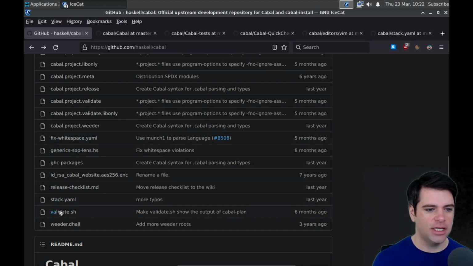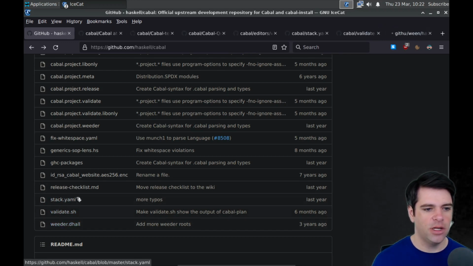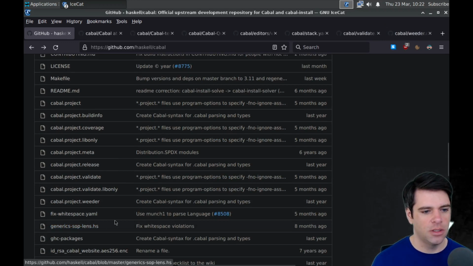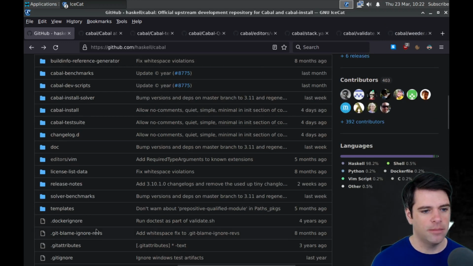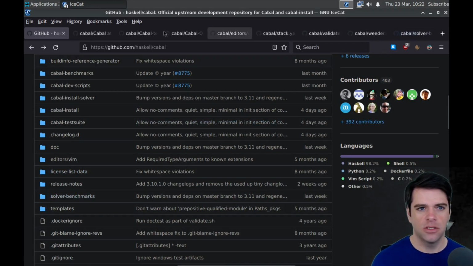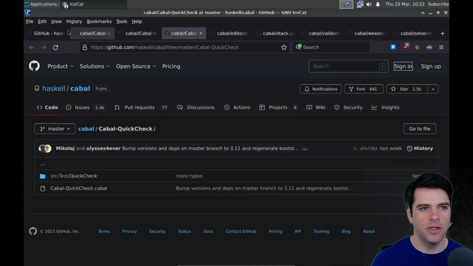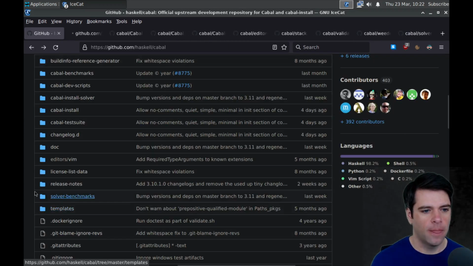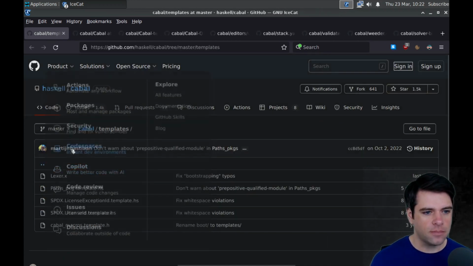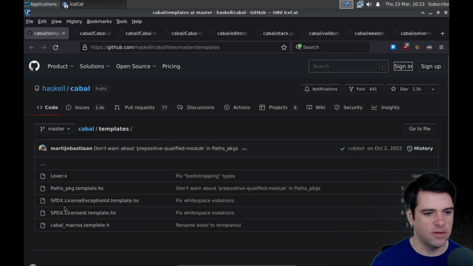We have validate.sh, and I'll look at it. And I have no idea what dhall is, but let's check it out. And you know what? Actually, I do want to look at solver benchmarks. And I don't think I opened templates, but I am going to open templates. All right, we'll take a quick look at templates just because it's right here.